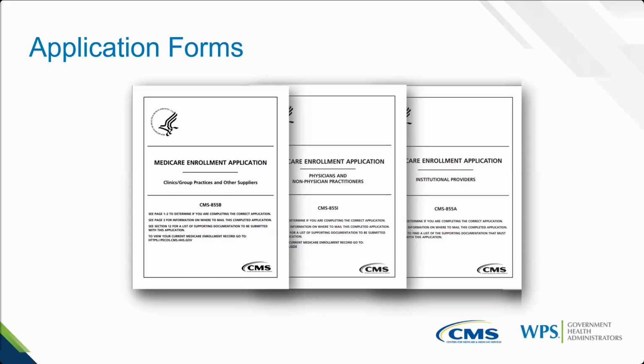Lastly, and this is less common, the CMS 855A. This is typically for outpatient facilities that are structured to bill through the FI system and bill Part A. We'll talk about that a little bit more. And again, these are less common. This application would enroll the facility and the individual providers would not enroll. Things would be billed on the UB-04 or the 837I electronic transaction if you're filling out that 855A. Like I said, that's less common. We typically see mostly 855Is and 855Bs for PTs and OTs.